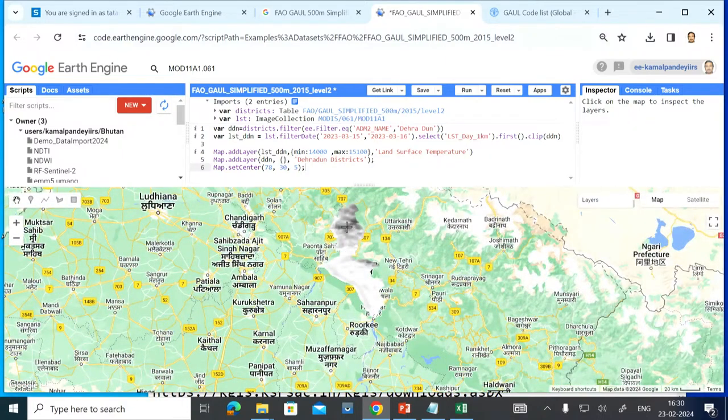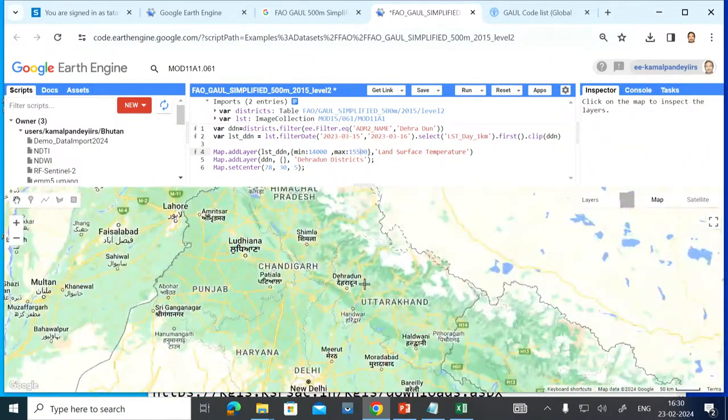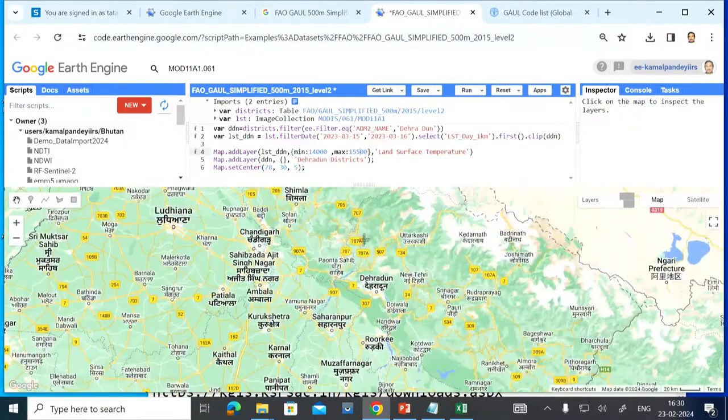If I click the darker portion here, you can see 14586. It is fine. The brighter portion is 15129. Click here, 15125. It is going beyond 100 also. So let us try to make it 15,000, 15,500. Then if I run it again, it will give me a better visualization of the same data set.